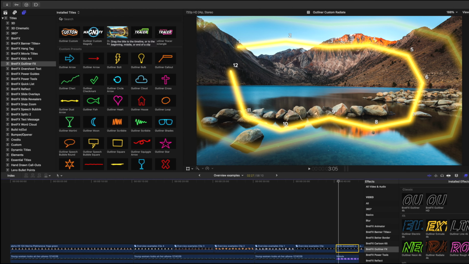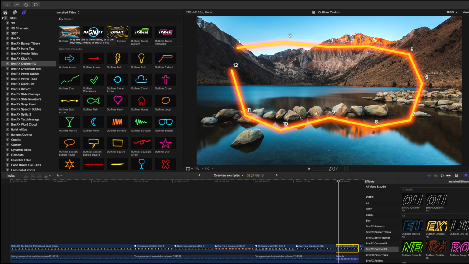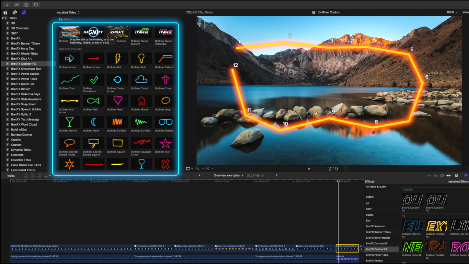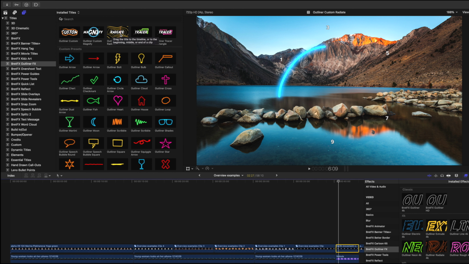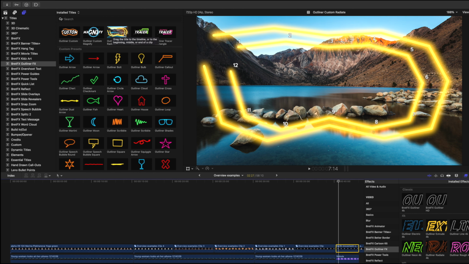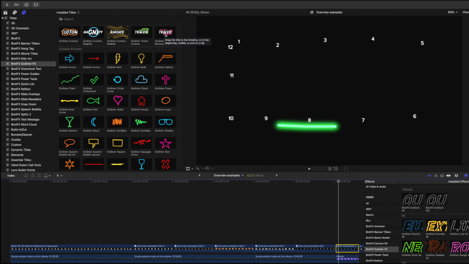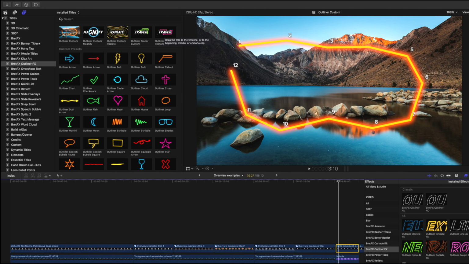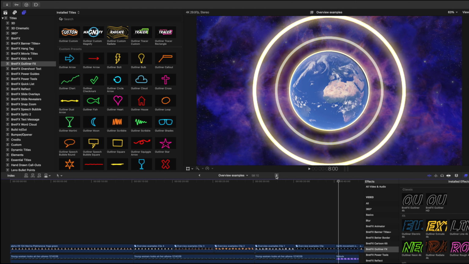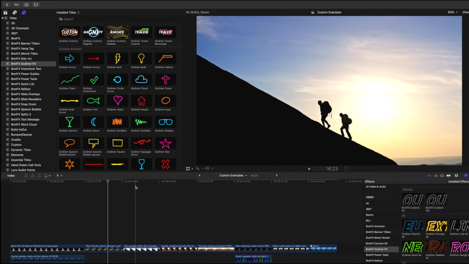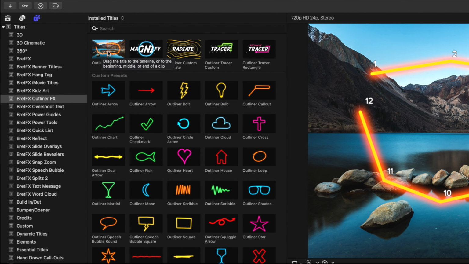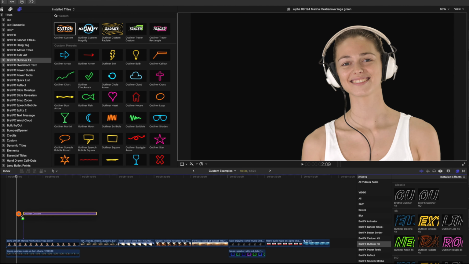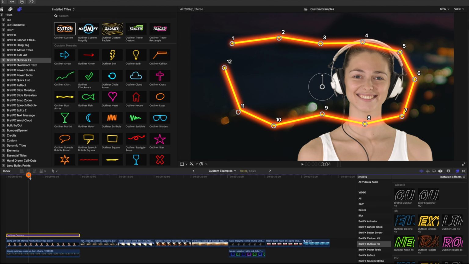Okay, and in this tutorial, we're going to talk about the custom shapes, presets, and effects. Now, each one of these effects has sort of like their own features, but they are all based off of the Outliner custom shape right here. Okay, I've got some new clips loaded up in a new project here. But first, let's drag the Outliner custom shape to our girl with the headphones that we saw in the first